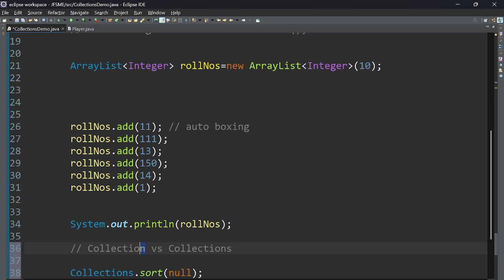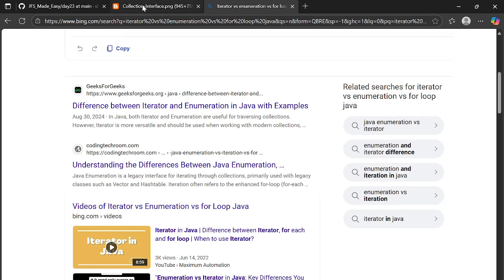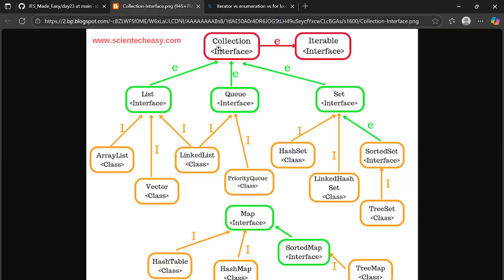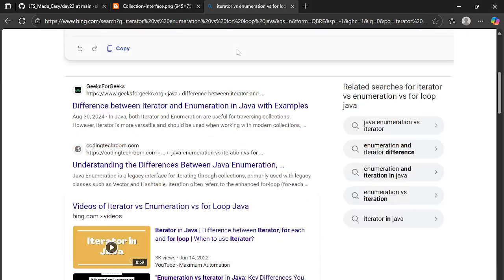Collection is an interface, whereas collections is class. You can see that in the hierarchy also. This collection is interface. I am not using an interface collection, I am using collections. So that might be one of the interview questions for